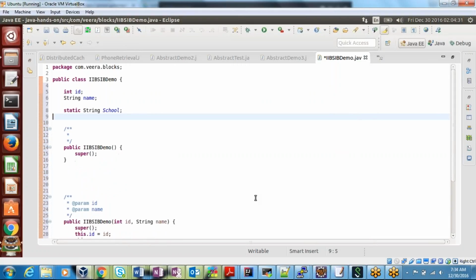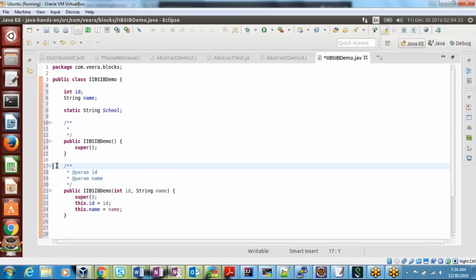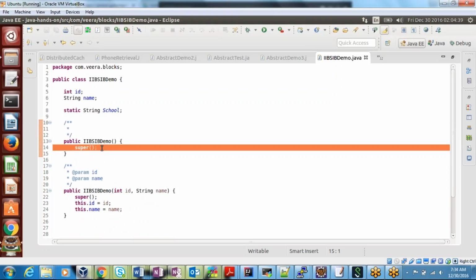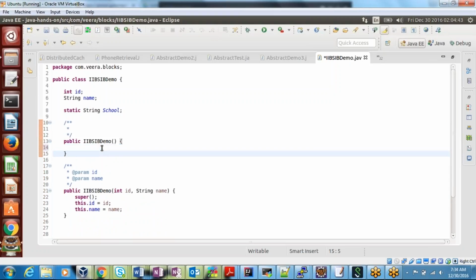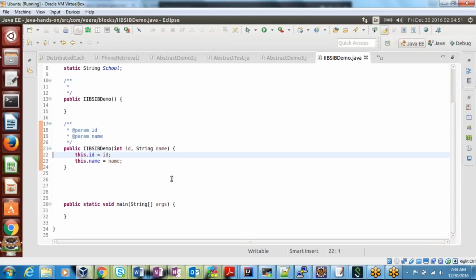So one is with no arguments, one is with arguments. You can have a super or not, it doesn't matter really. I don't want the super because people may get confused. Okay, next one is